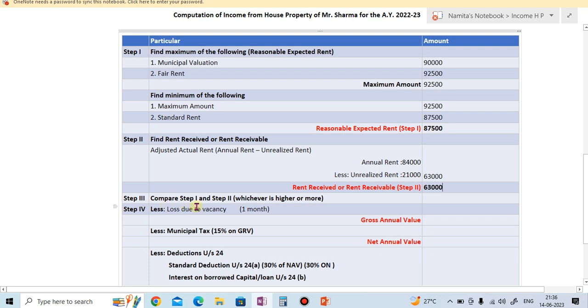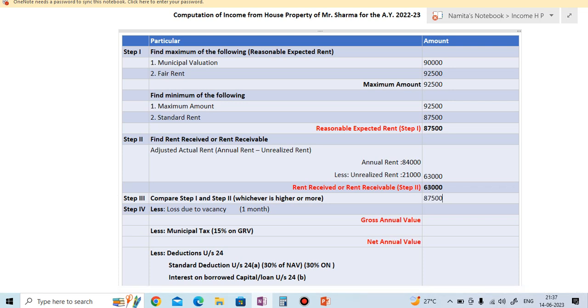Compare step 1 and step 2. From step 1 and step 2, we have to compare the value, whichever is more or higher. So step 1 value is 87,500 and step 2 value is 63,000. So which is greater? 87,500 is the greater value. So write